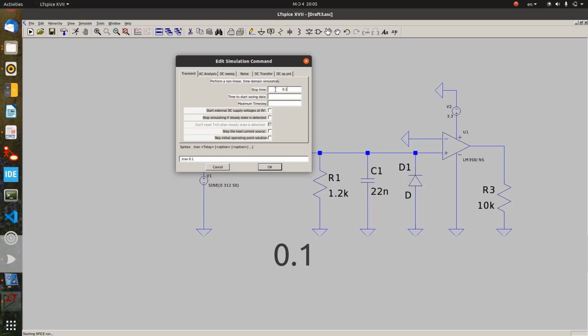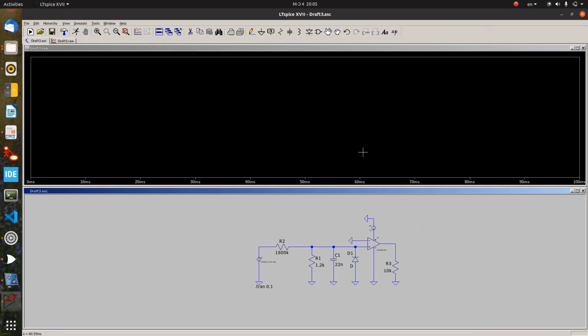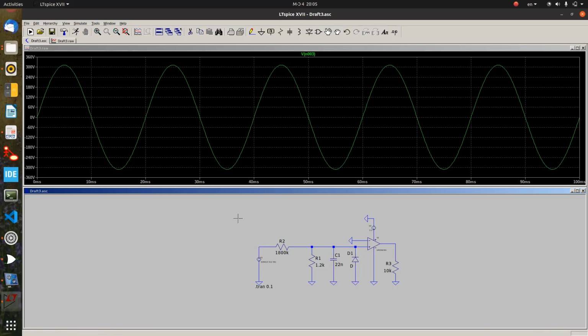Remember that 50 Hz has a period of 20 milliseconds, which is 0.02. So we are actually running for 0.1, which is about 10 waveforms. Okay, so I'll click OK, and then this shows up. If you head over to your circuit and bring the cursor on any line, you can see the icon being changed. If you put it on a component, you can see something simple. If you put it on any line, you're actually probing the voltage on that line. So if I click, you can see that